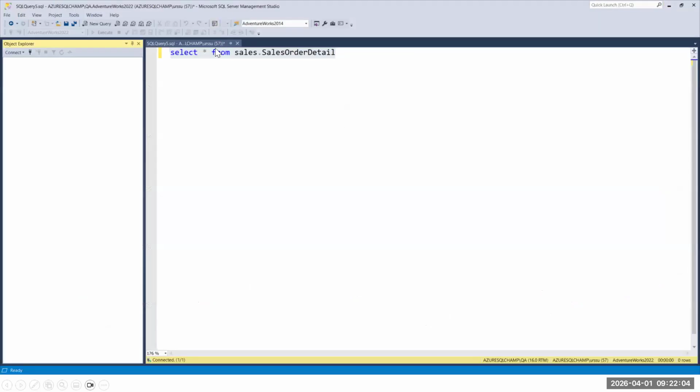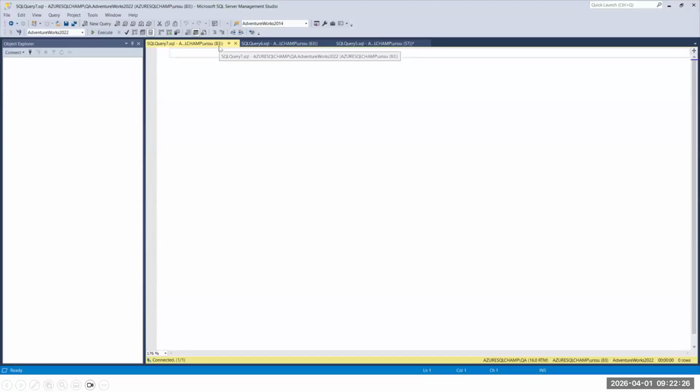Whenever you open the task manager, you see the SPID, for example 57. So who is getting this SPID? Your SQL OS is allocating this SPID. Whenever I open a new one, I get one more SPID. That is the session process ID.